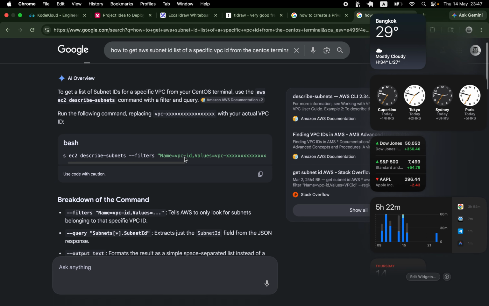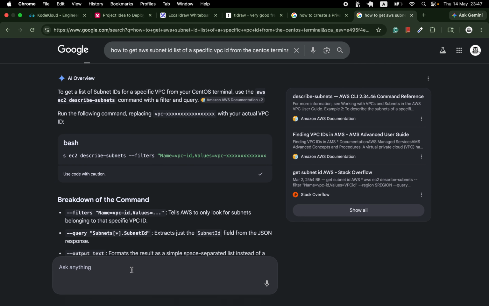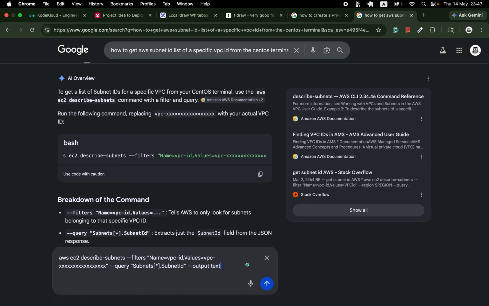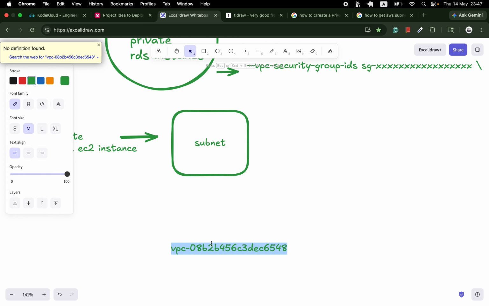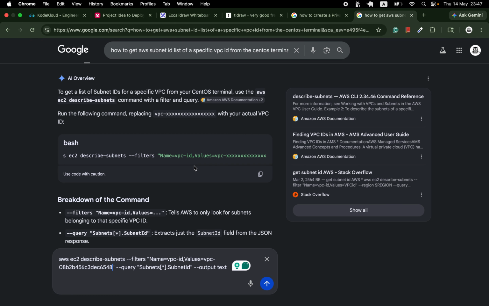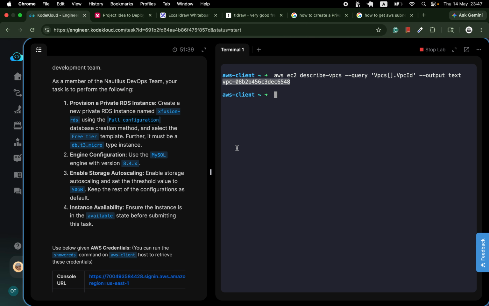Okay, so let me run this command, but we need to replace it with the correct VPC ID. So I can get the VPC ID value from here. So I will copy that and replace it right here,